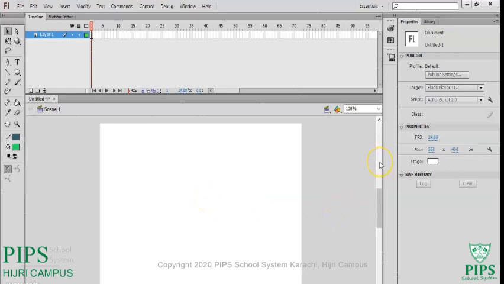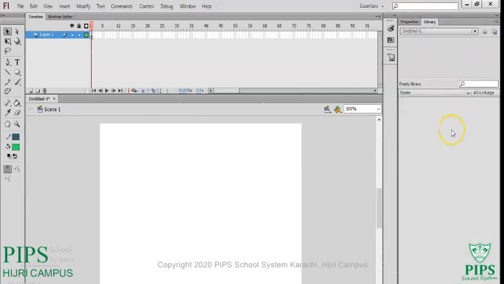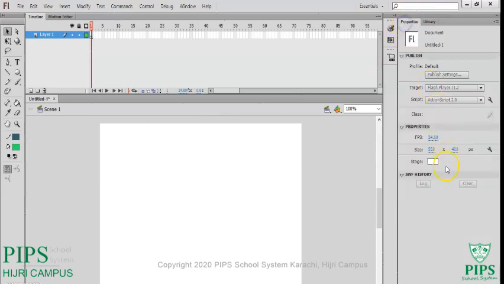So this is the property inspector, and this is called the panels. There are different panels. You can see the library panel and other panels. Whatever you do, sometimes I create one object, a second object, a third object, they all go and are stored in the library. So this is all about the property inspector, stage, timeline, and toolbar. This is the main layout of your Flash CS3.